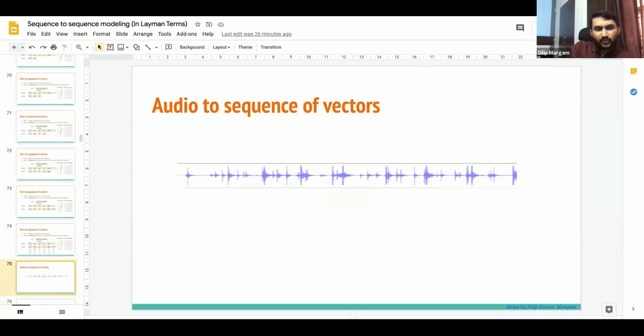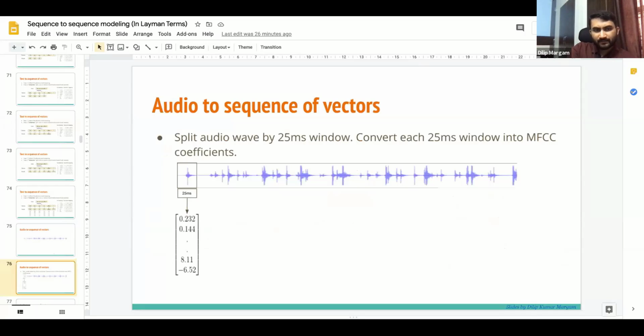Now let's go to audio to sequence of vectors. Audio is a sequence of phonemes, as I said. What happens in audio is a 25 milliseconds window is taken, and that 25 milliseconds of waveform is used to get these MFCC coefficients.